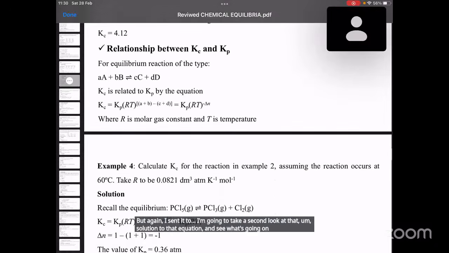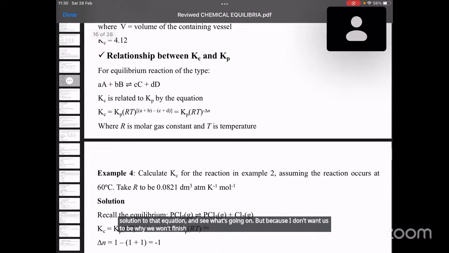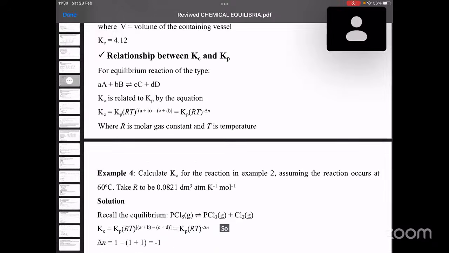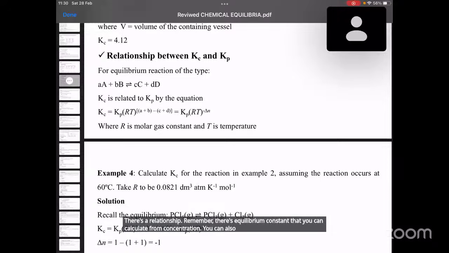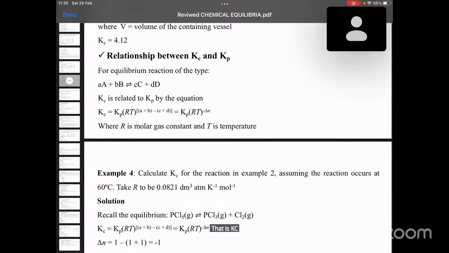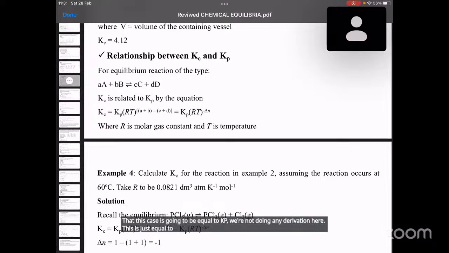I don't want us to not finish on time. So now, the relationship between Kc and Kp. Remember, there's an equilibrium constant that you can calculate from concentration. You can also calculate it from pressure. For an equilibrium reaction of this type, Kc is related to Kp by this equation. We're not doing any derivation here. Kc is equal to Kp (RT) raised to the power (A plus B minus C plus D),